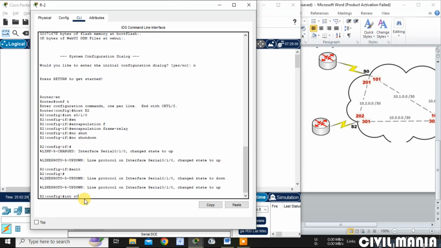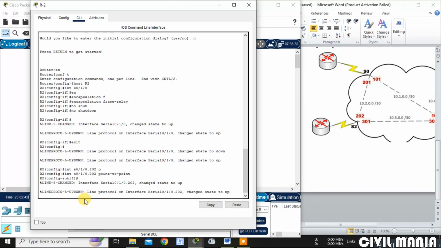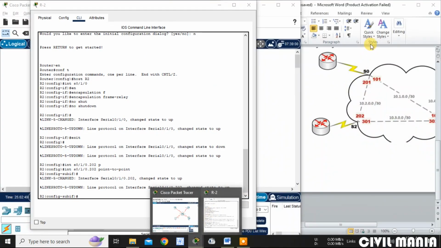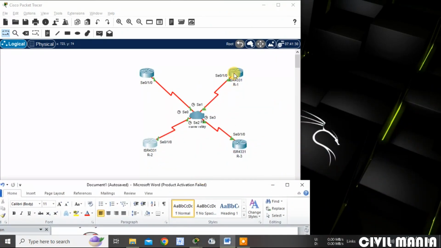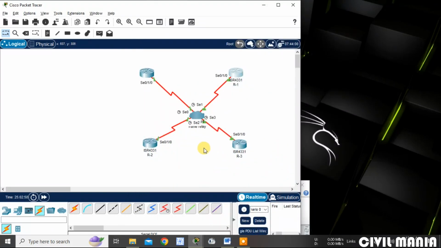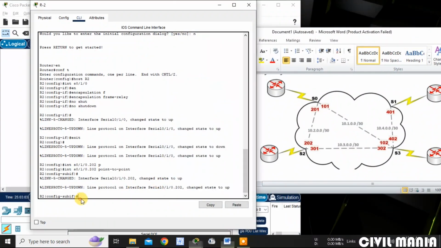In router 2, interface serial 0/1.202 point-to-point.